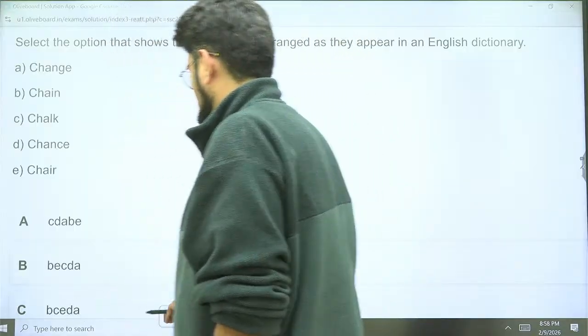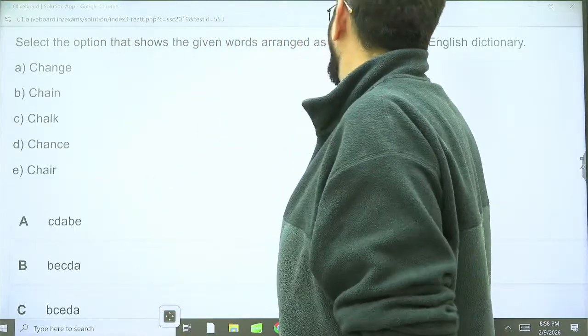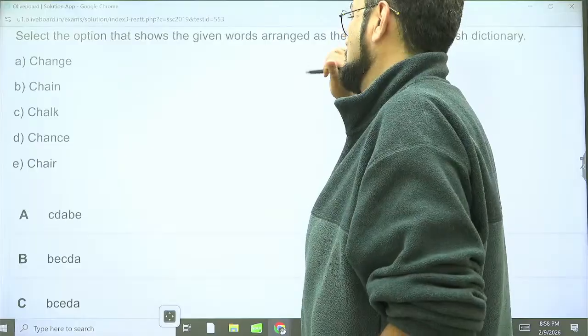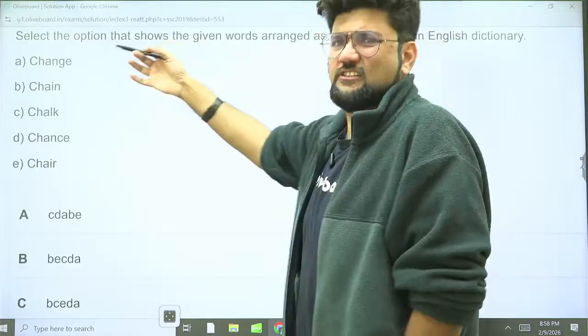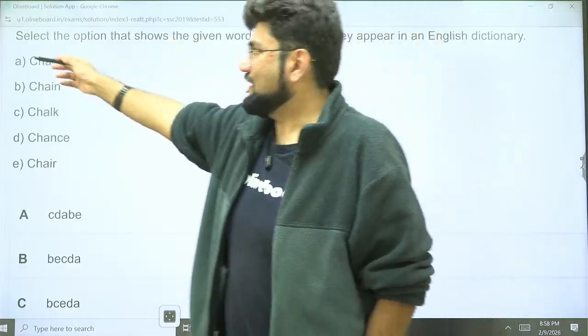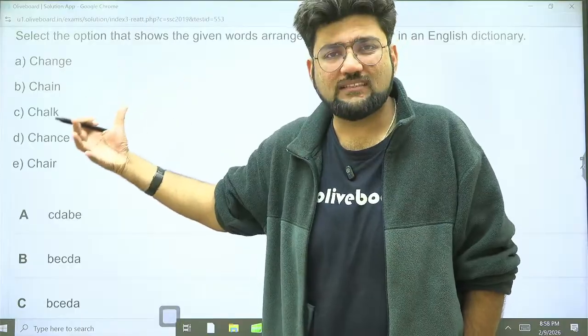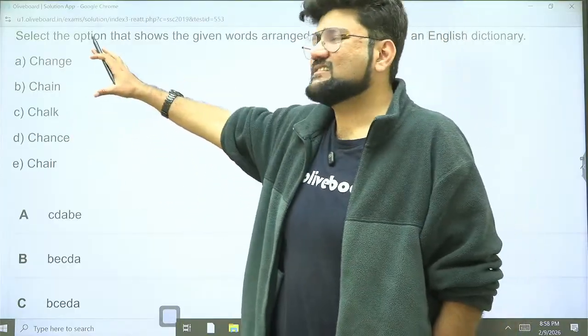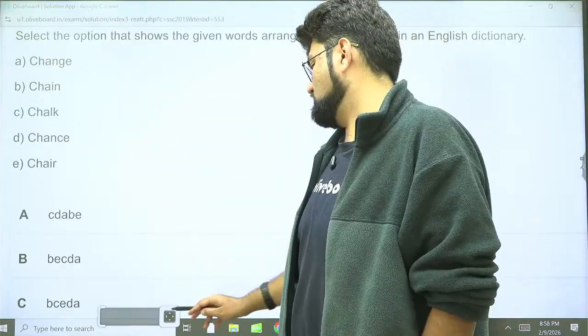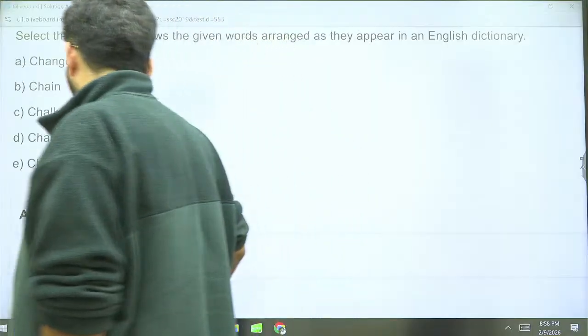This is the very first question. You have to arrange everything as per the English dictionary. This time, a little variation which they have done is, usually they number this, so then observation becomes slightly easy, but this is not difficult. It will slightly confuse you because of the letters, nothing much. So what are we going to look at here? We are going to observe that